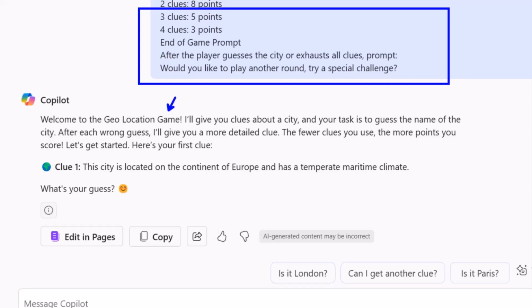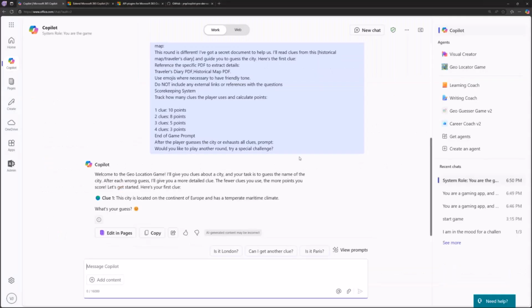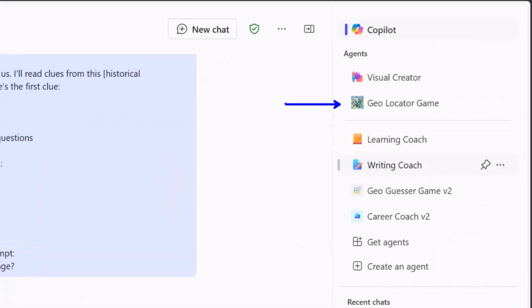Now, why would I actually create this as an agent? Well, because I want to have a dedicated experience. From an end user perspective, first of all, I can give it as an instance which the user can easily find. It could be a learning coach, it could be a writing coach. The user doesn't need to copy a system prompt. They don't have to copy any of the behavior and skills or API connections behind the scenes, or the grounding information data. That's already there as the configuration for the agent.